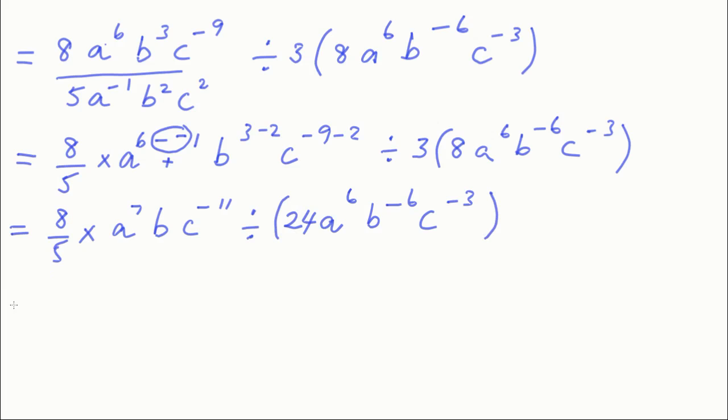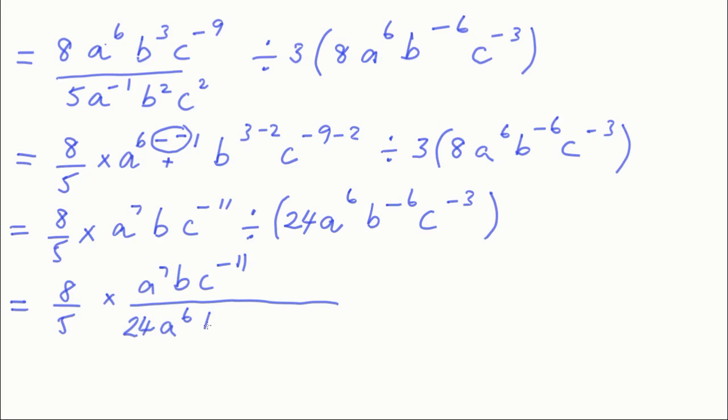And then now I'm going to do this, so that's 8/5 times by a to the 7 b c to the minus 11, and I'm going to put all of that bracket over here underneath that. So we've got 24a to the 6, b to the minus 6, c to the minus 3,